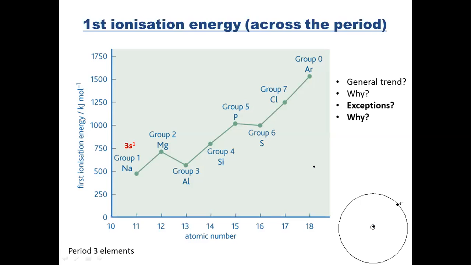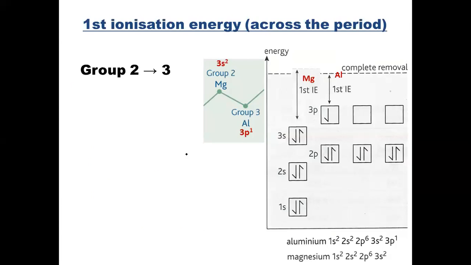For sodium, the furthest out electron is 3s1. For magnesium it is 3s2. For aluminium it is 3p1. So what can you notice? The dip happens when we go from the s to the p. And this can be explained if you have a look,